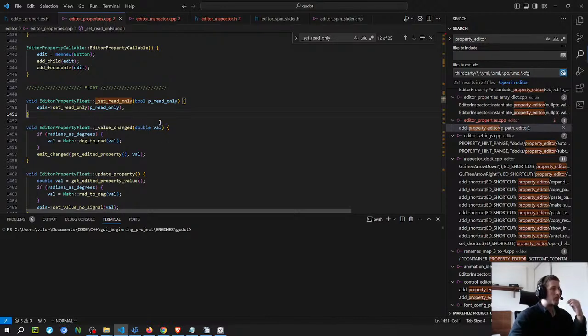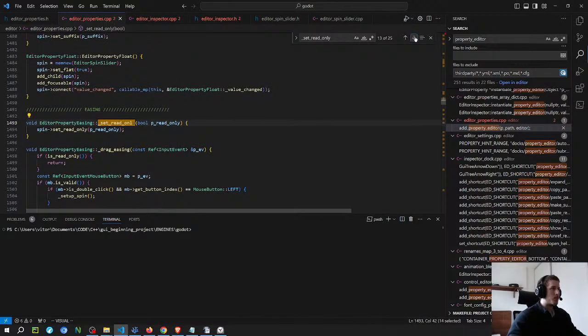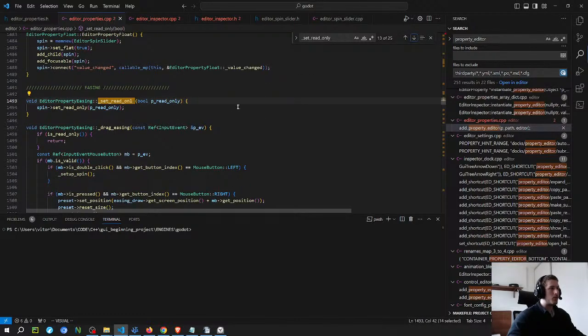The default of the state of whether or not is read only changes from class to class, obviously, because it's going to change what control node is being used to change the state. But the problem is, if I do it this way, the way that I'm doing it here,